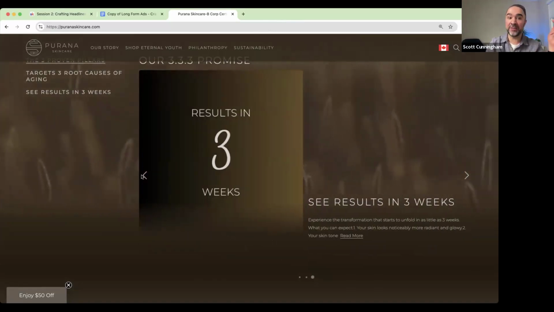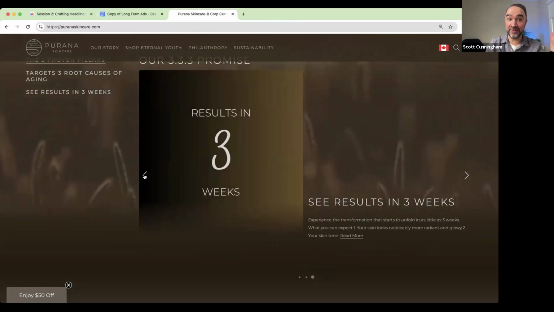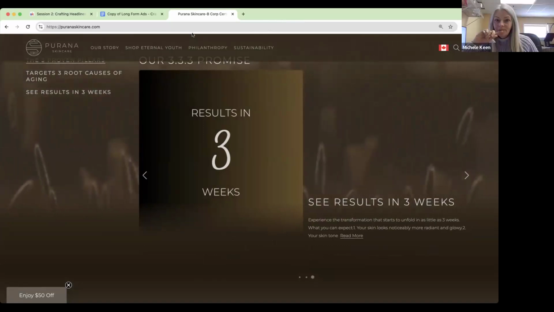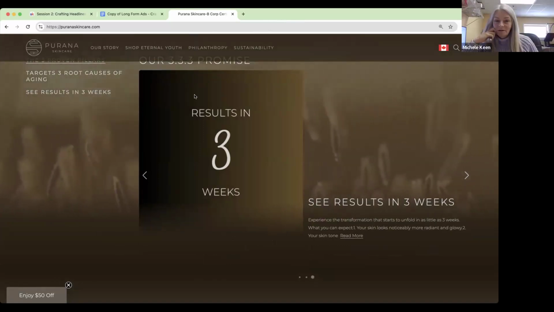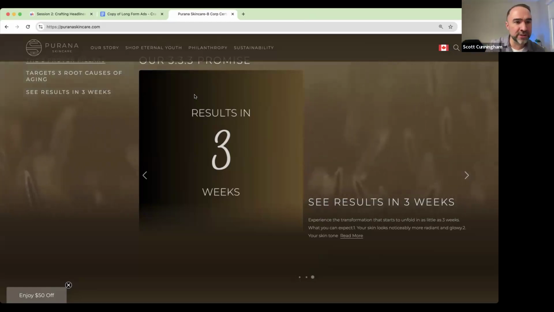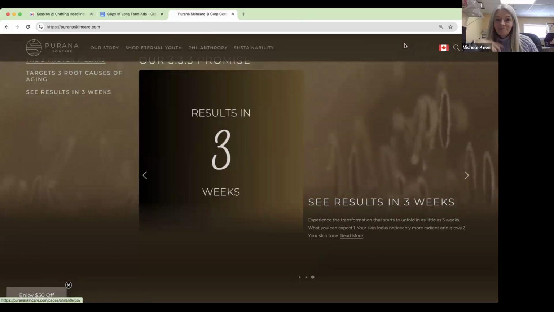So all three of these things are unique mechanisms in and of themselves, but I wanted to define it: our 333 promise. How do we get results for your skin? It's our 333 promise. People are like, "Oh, I've never heard of that. What's a 333 promise for skincare?" Very clever. And I think the takeaway is that it's probably many things.